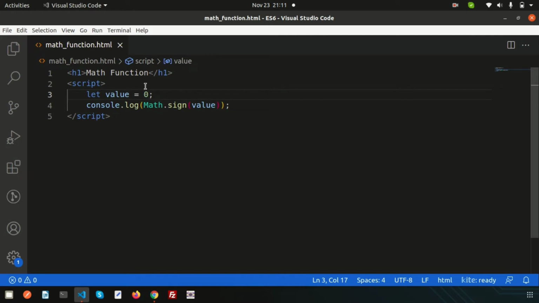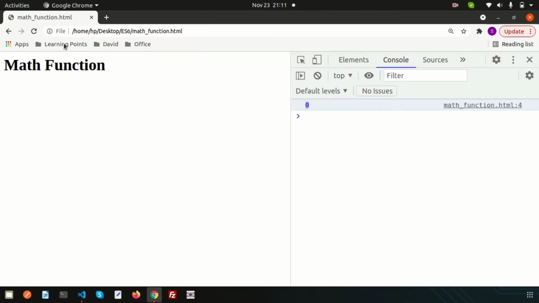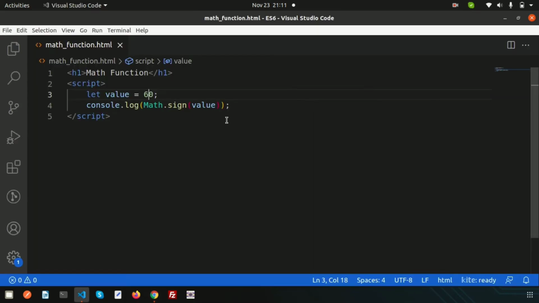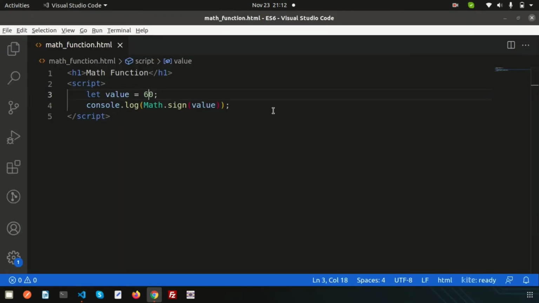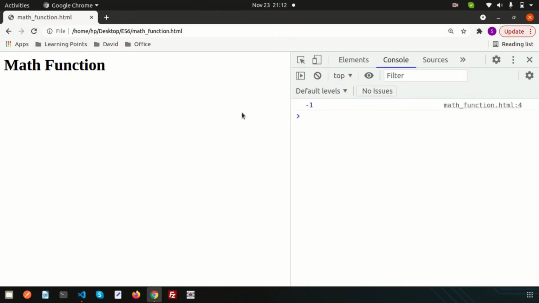If I write 563 or something like 60, then refresh, we can see 1. That means if Math.sign is positive it will return 1, or if negative it will return -1. Simple. So in this way we can find these things, right?